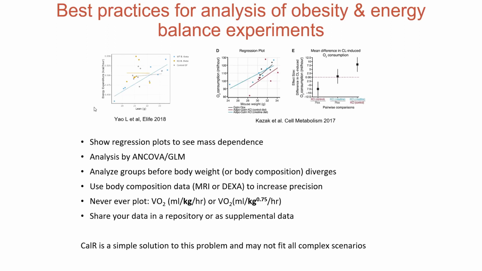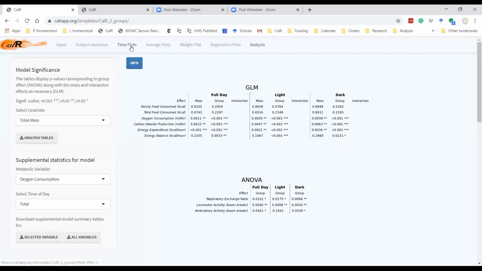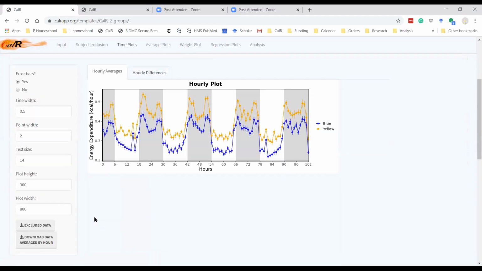Yes, the code used to generate plots is part of CalR, so it's not particularly modular. But if what you mean is, can you export the data? Yes, there is a feature, and let me go back to sharing my screen on CalR, and I can show you exactly where that is, because that's a great question. So if you go to your time plots over here, all the data that you've selected based on whatever these hours are and the groups that you specified,